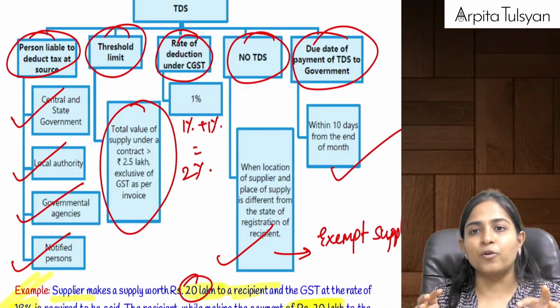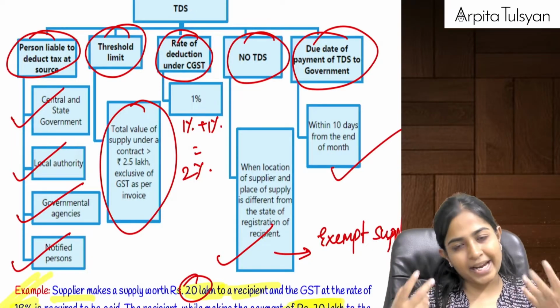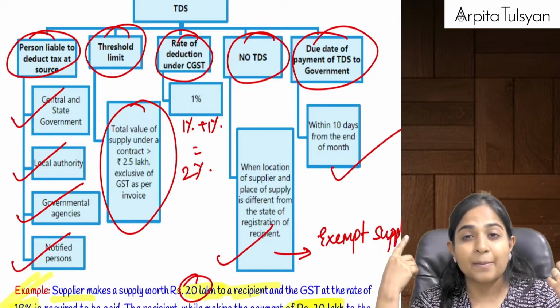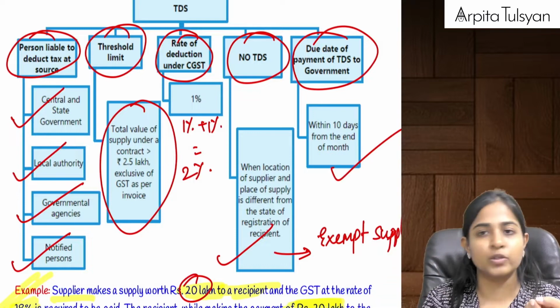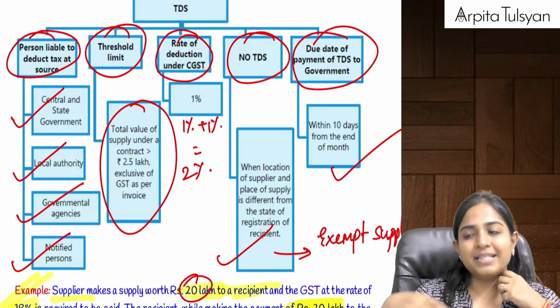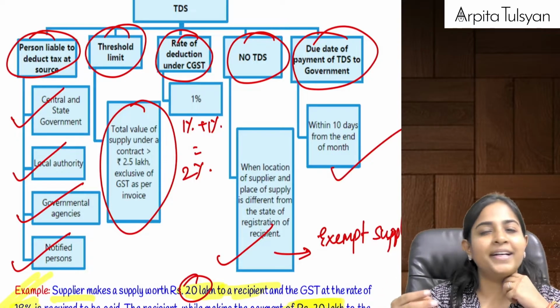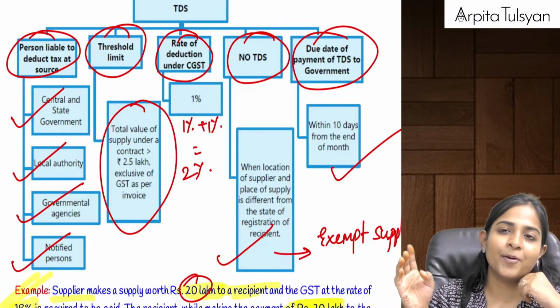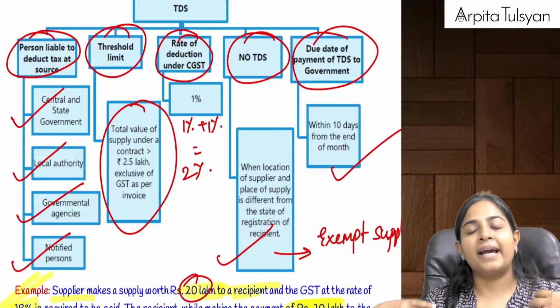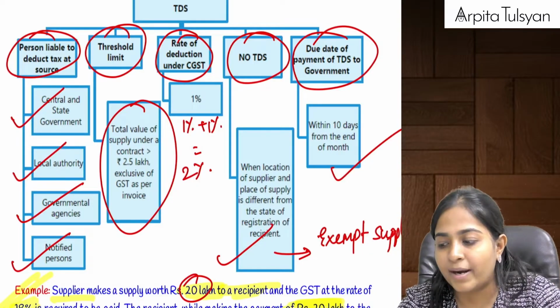Now, TDS provision. First of all, the supplier can be any person. He should be making supply of taxable goods or services only. Exempt is not allowed. Okay, means if exempt goods or services are provided, then there are no TDS provisions applicable on it. Okay, so if I am supplying you,